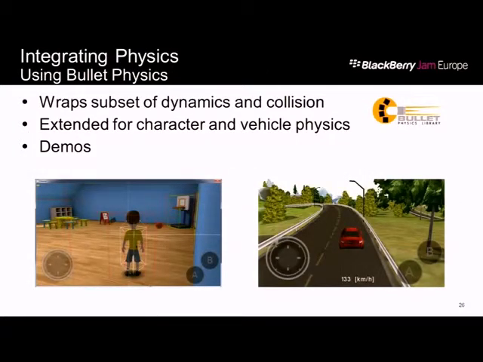So how do we integrate physics? The interesting thing about physics is what we did was we just extended Bullet. It was pretty easy. We didn't use every feature of Bullet physics, but we basically extended all the core collision and dynamics, and we supported constraints and things. So we have a thing called a physics controller inside there. You can create objects off that, and then we attach them onto the node.